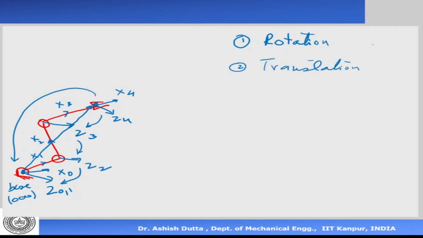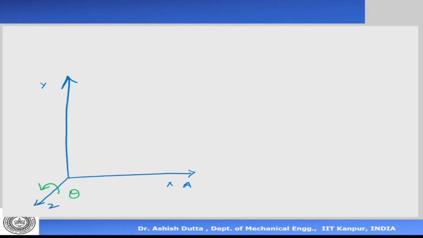Okay, so if you know these two operators, then we can move from any frame to any other frame in three-dimensional space. So in the last class, I had very quickly derived the rotation transformation. So assume that we have the original, fixed frame which is not moving, called frame A, here. So this is my X, Y, and Z, and there is another frame which is rotating with respect to Z. In this case, it is rotating by an angle theta with respect to the Z axis. So this is my frame B, and this is X dashed, Y dashed, and Z dashed.